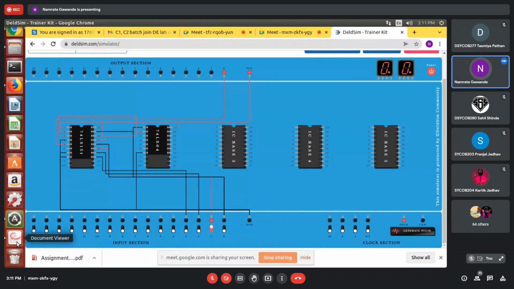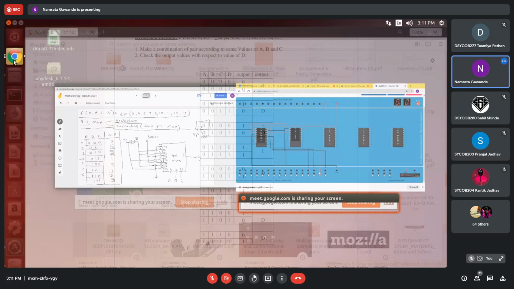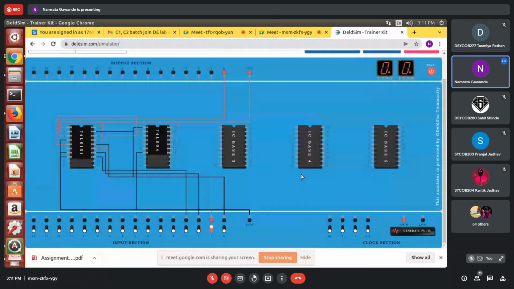Next, check it in the table. 1, 0, 0, 0. I should get 0. So this is A, right? A, B, C and D. If I make A 1 and the rest of the 3 are 0, 0, 0, I am getting the output as 0.